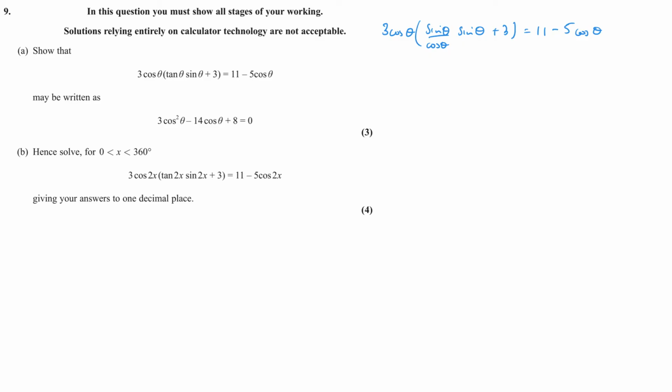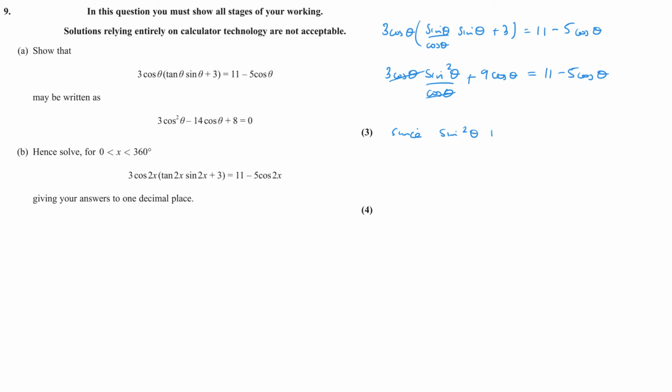Okay, so this is 3 cos theta. Now, this times by sine squared over cos theta. Sine squared theta over cos theta. And the cos thetas will obviously cancel there. Plus 9 cos theta, from this multiplying together. Now sine squared,